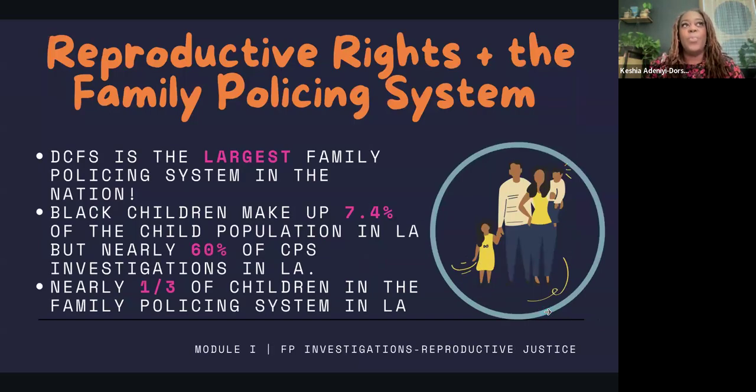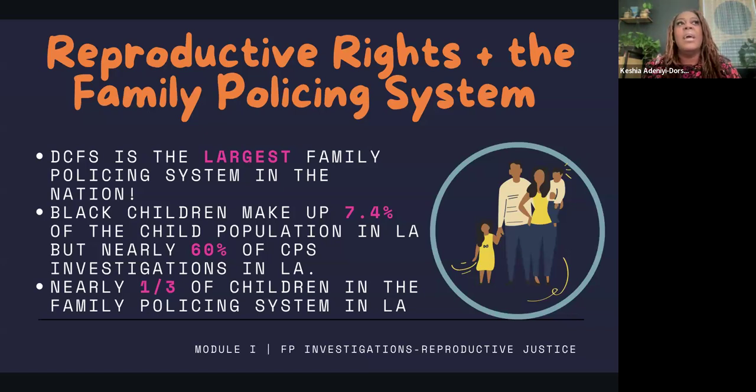All right, so why is this important? Well, in LA County, and I know that everyone here is not from LA County, okay? But I think that in the state of California, this quote unquote liberal state that just reaffirmed slavery in our country, we have the largest local family policing system in the nation, okay? Outside of the entire state of Florida, the one little county, LA County, has the largest family policing system in